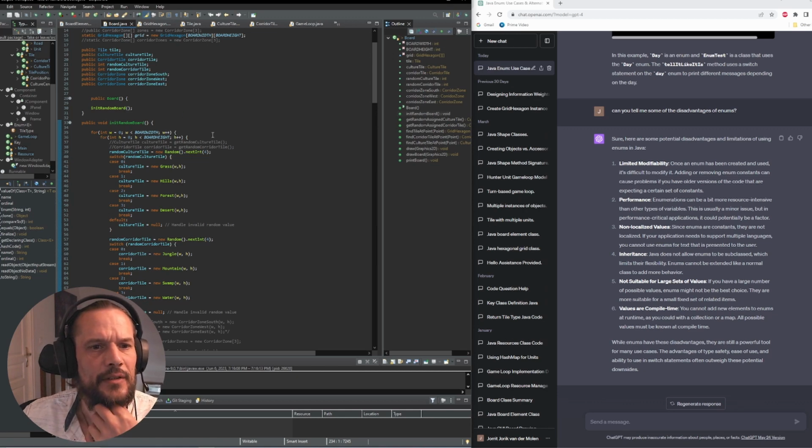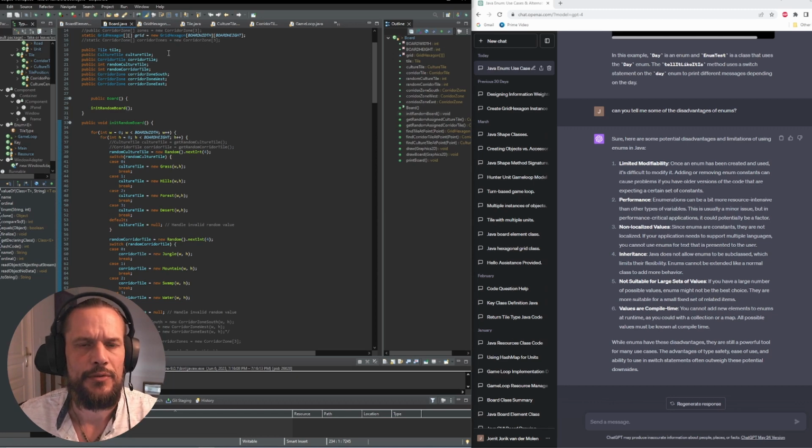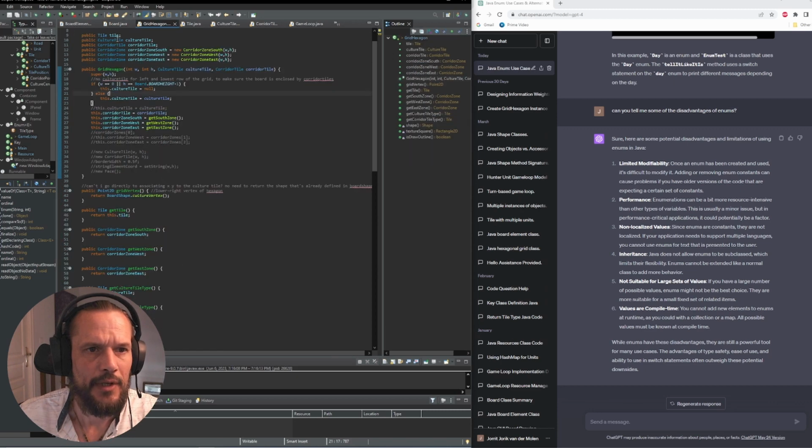That's just an instance of culture tile. I just want to use it to distinguish, if I get the tile info, that I have an easy way to distinguish between the two. What I do in here when I initialize the board, I just tell them that for the culture you have 4 choices of terrain, and for the corridor it's the same, but inherently, I want to have this